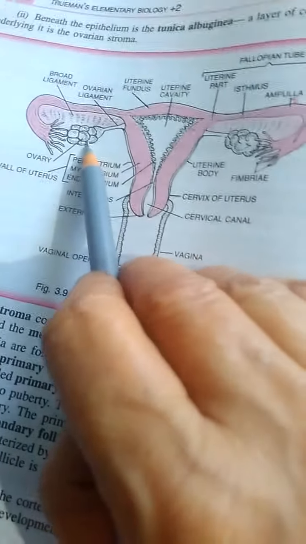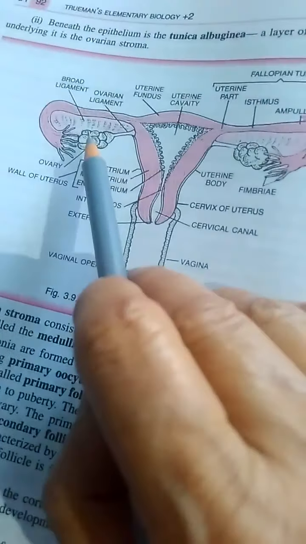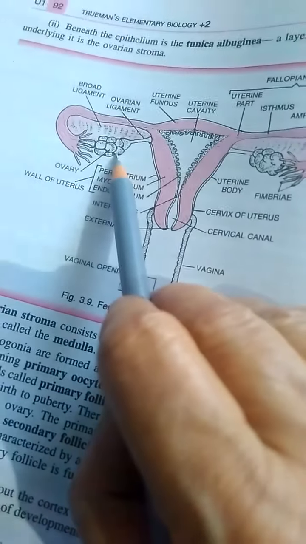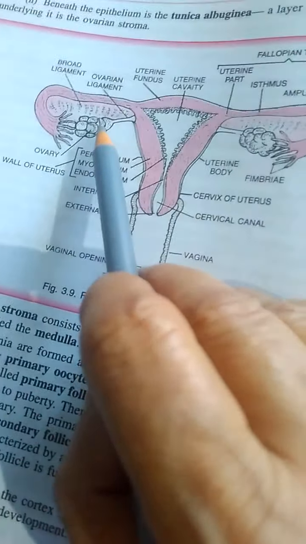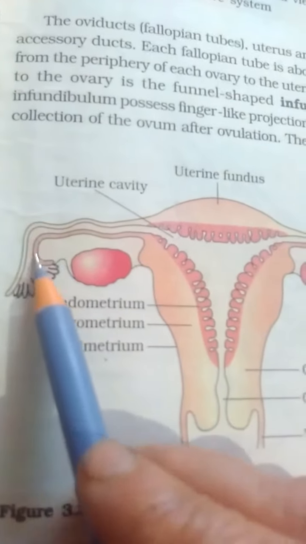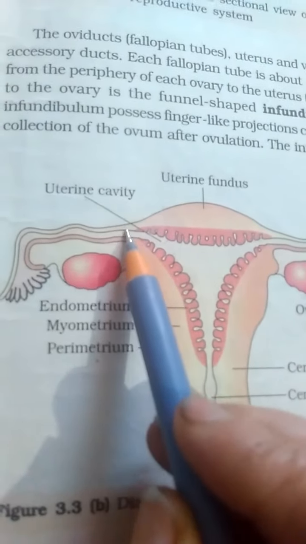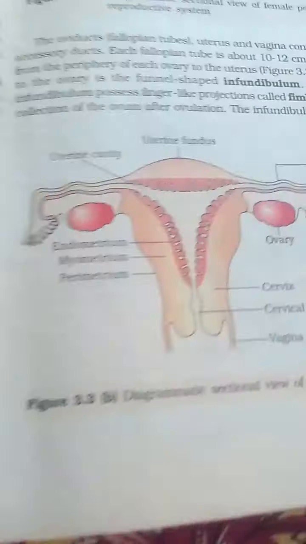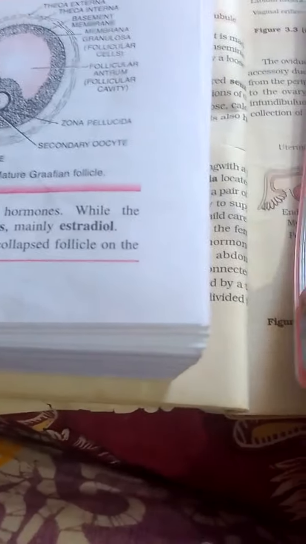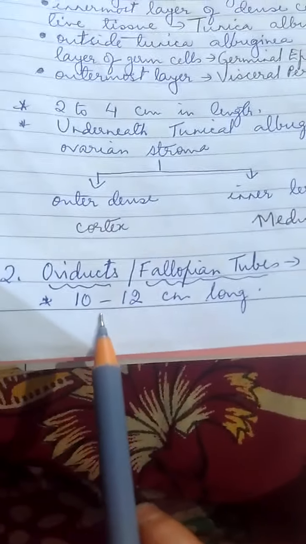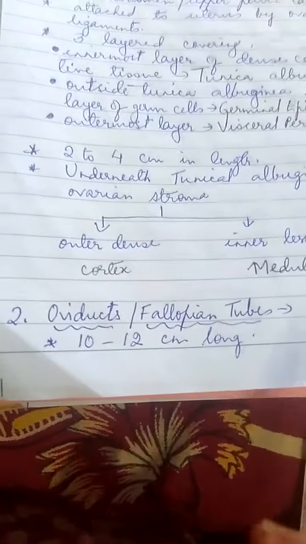And the ovaries, actually what is their function? It is the part which produces the female gamete or the egg or the ovum, right? Next to the ovary are the oviducts, the fallopian tubes. From here to here, this part of the female reproductive system is called the fallopian tube, right? So tube means undoubtedly they are tubular structures, 10 to 12 centimeters long, tube-like structure, right?